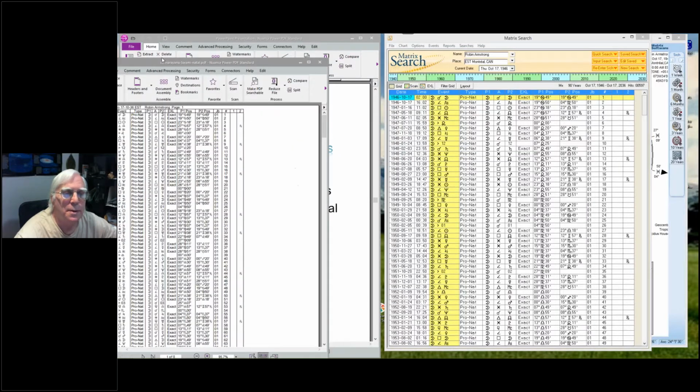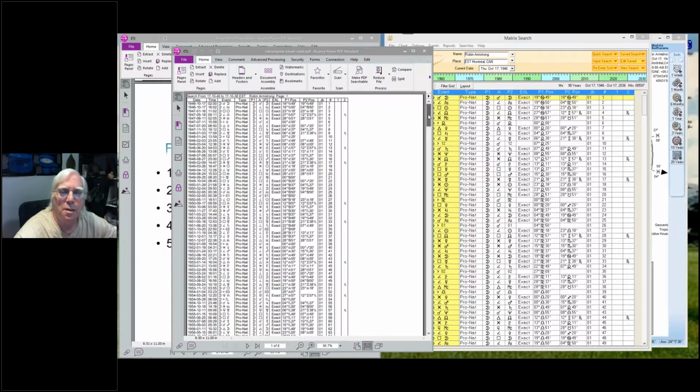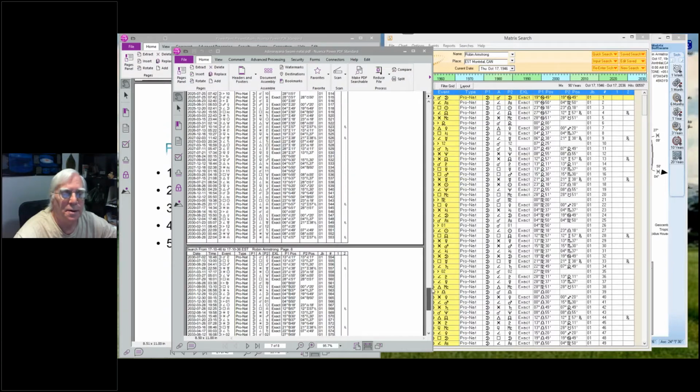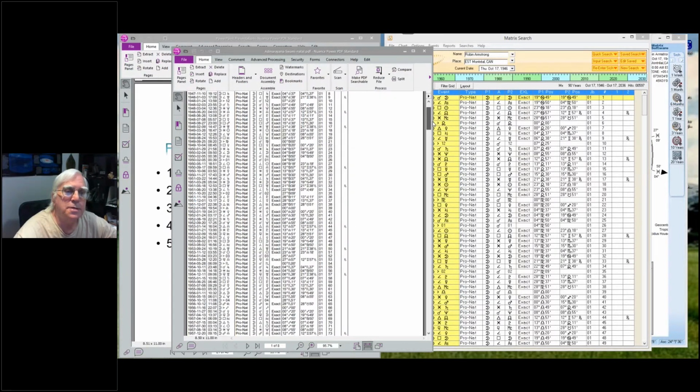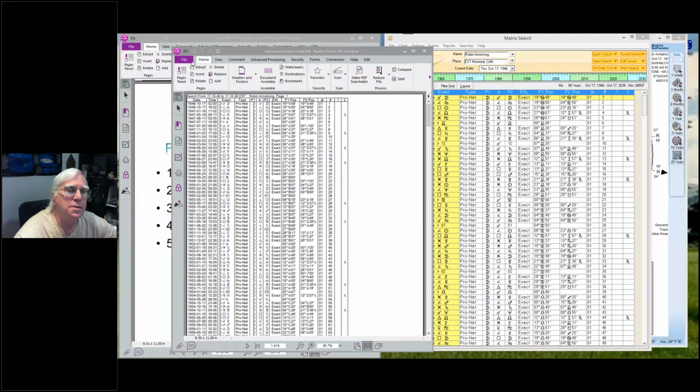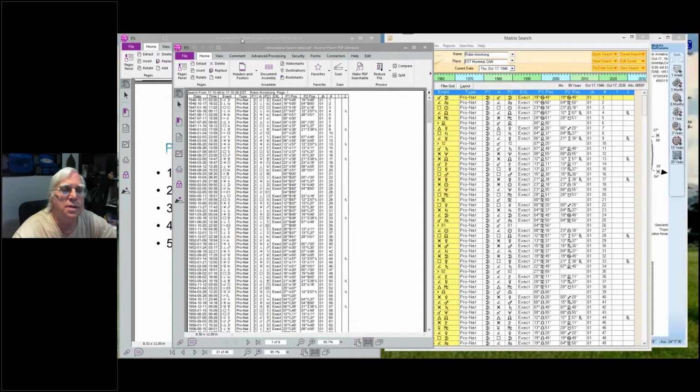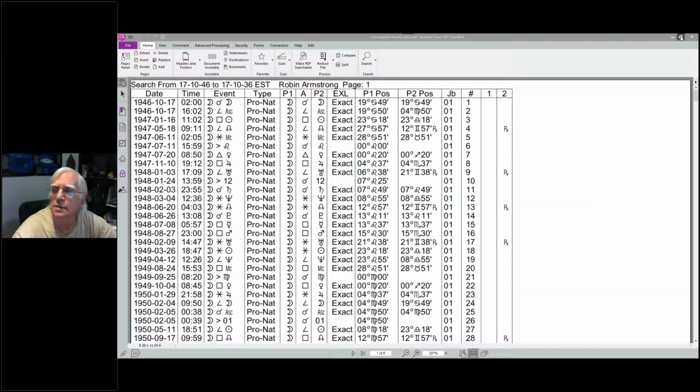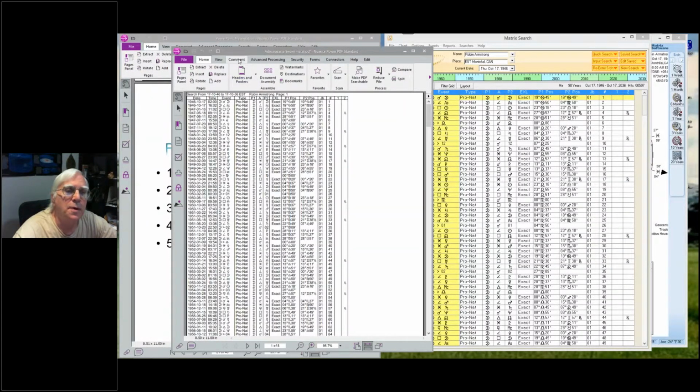Okay, so let's come up, and here's all the progressions as a PDF file. Usually before I work this, I'm just going to save it as the file and name it. It doesn't have the right name, and save it. Oops, and save it. But you can go into comment,